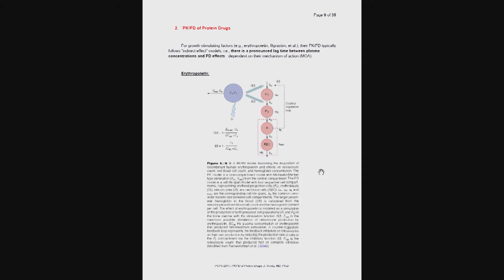Now, in addition to this propensity to be associated with nonlinear PK, at least for some of the protein drugs, their PK-PD relationship, the relationship between the concentrations in blood and the target effects, can be very, shall we say, indirect, meaning there are multiple steps between achieving drug levels and actually observing the effect. So for example, as I point out here, for growth stimulating factors, which would include erythropoietin, EPO, filgrastim,